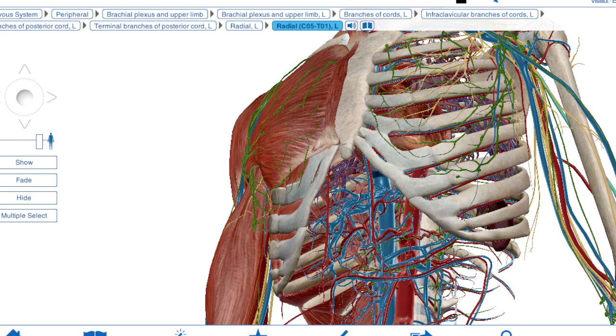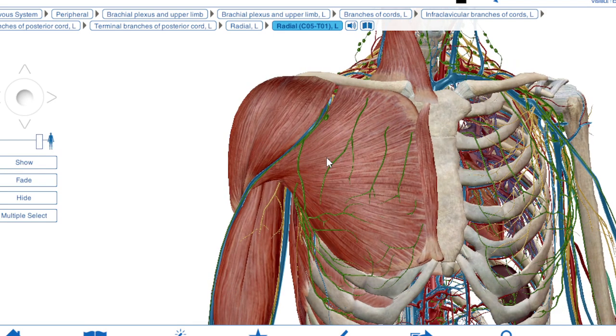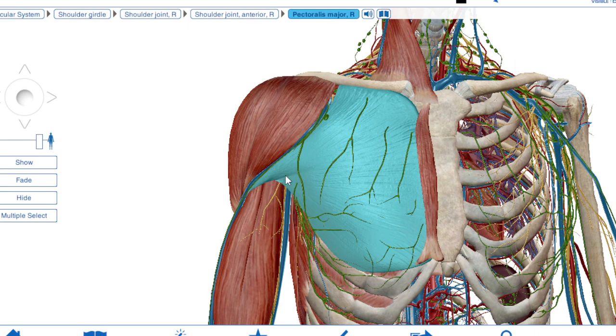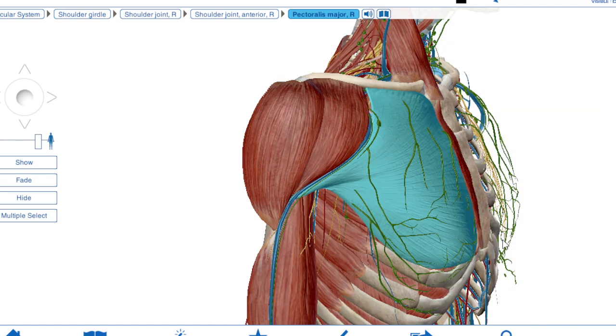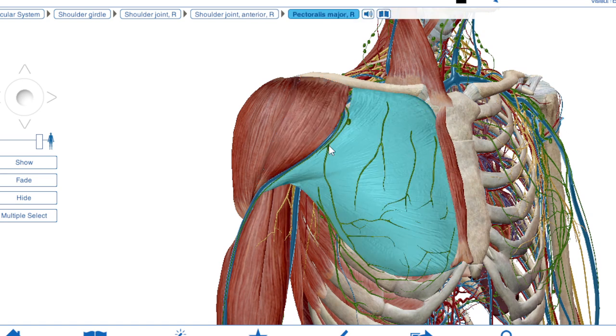I will show the app to you now. Just wait. Now this is the app. In the app you see all the muscles, and I will show the muscles and different things. For example, this is the pectoralis major muscle. You can see this, and there is an important thing between this pectoralis major and